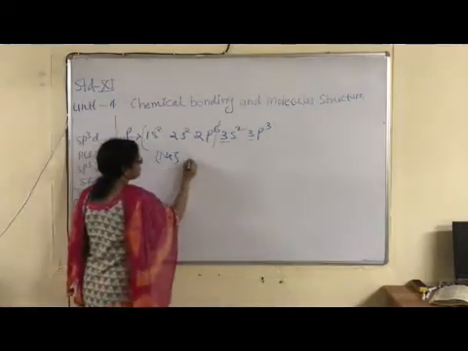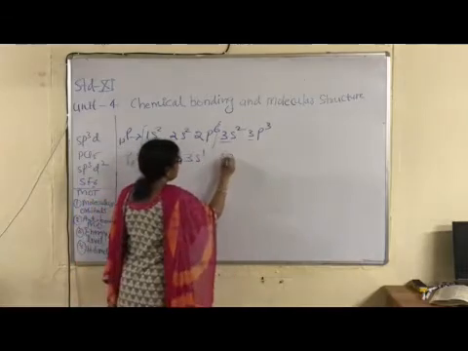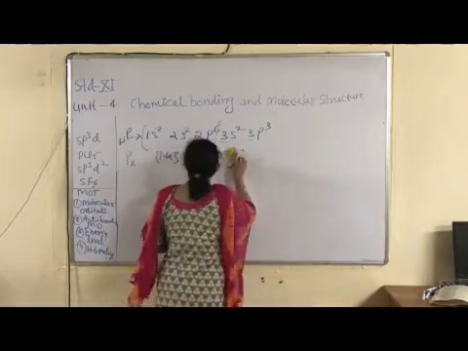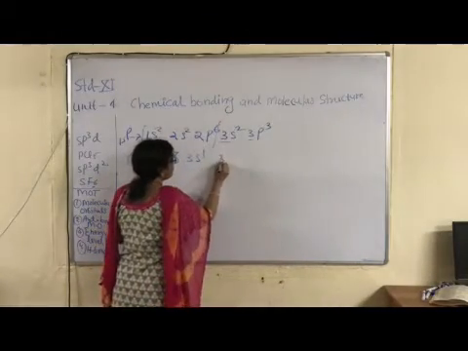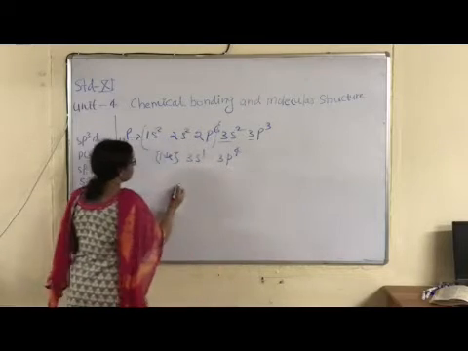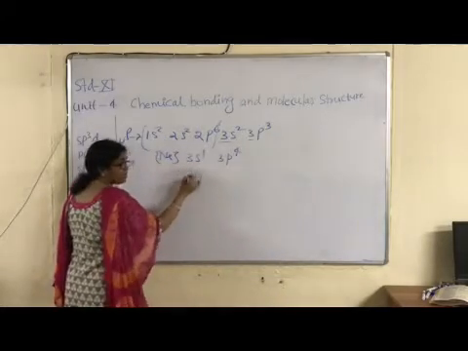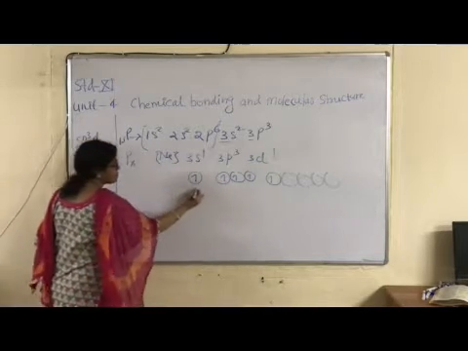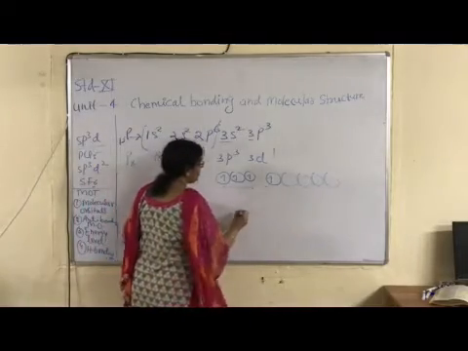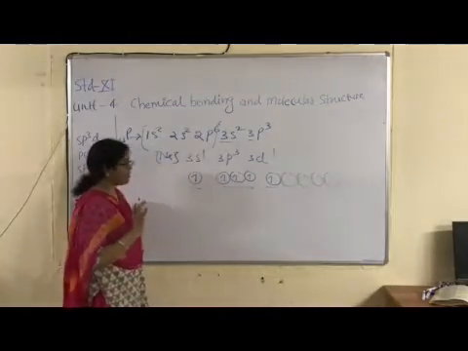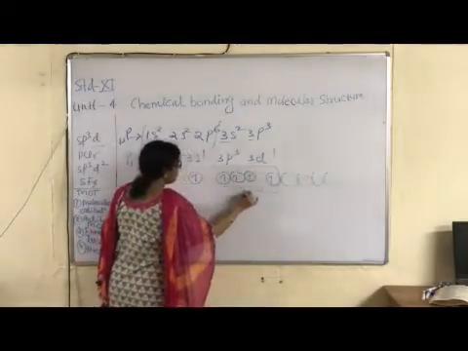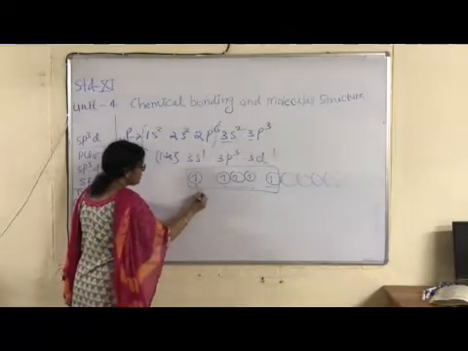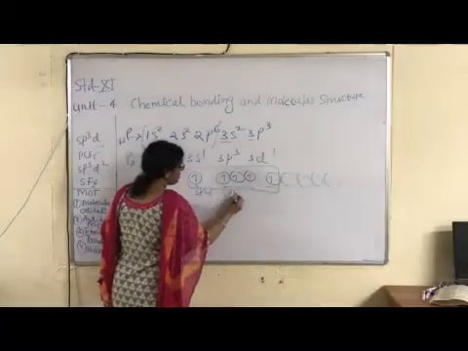In excited form, 3s1. And in p, how many electrons are present? P3, which are present in px, py and pz, right? In excited form, 3p4. Like this orbital notation, 1 3s1. The type of hybridization is sp3d: 1s, 3p and 1d. How many half-filled orbitals are available? 5. After intermixing, this is known as hybridization, and after hybridization each one is sp3d, sp3d, like this.